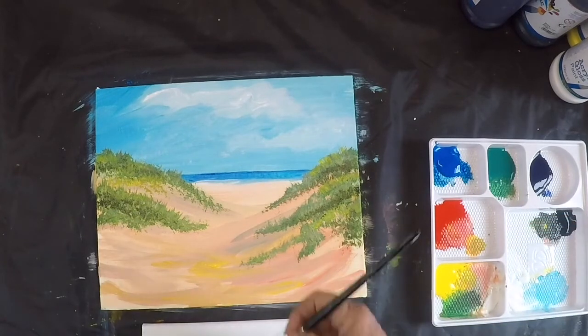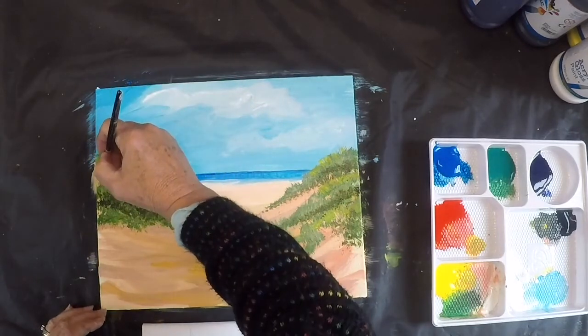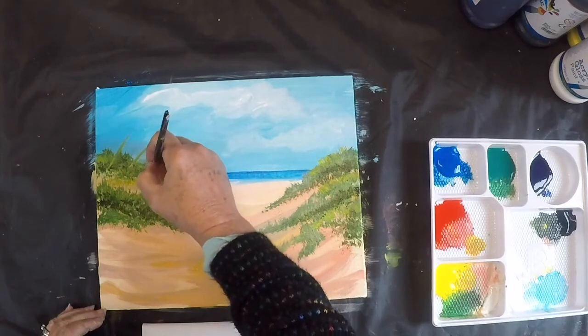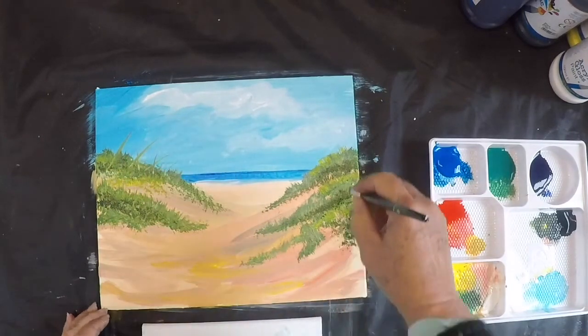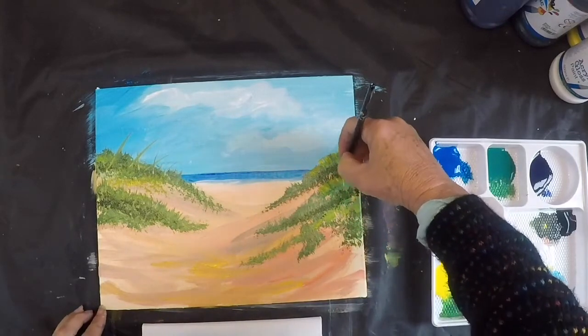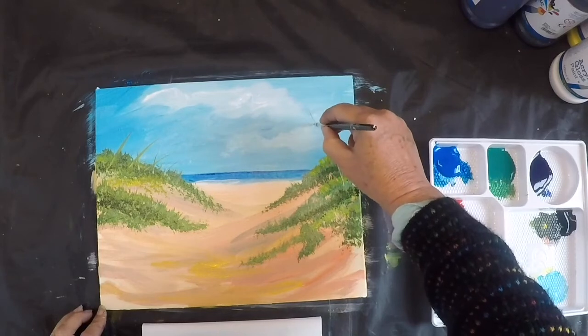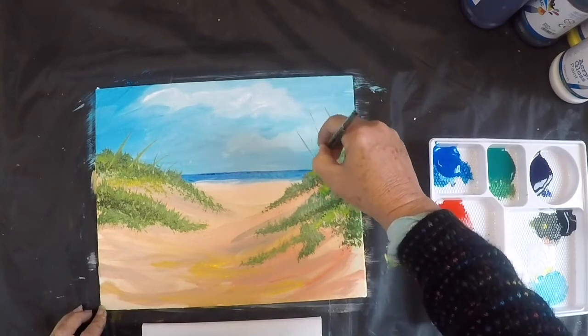With that light brown, let's put a few stalks. So my stalks are going to be waving in the wind, so I'm just going to make thin stalks like so, using the very tip of the brush. Maybe a few thin stalks this side as well, just using the tip of the brush, like so. Thin stalks